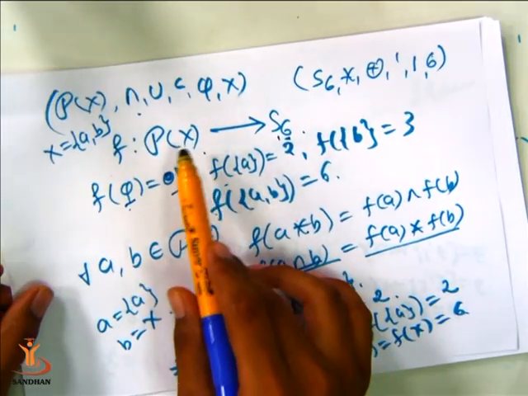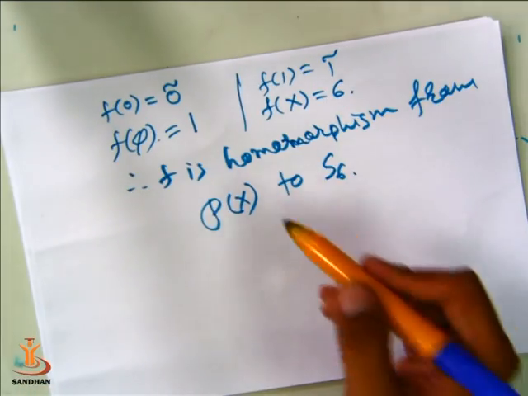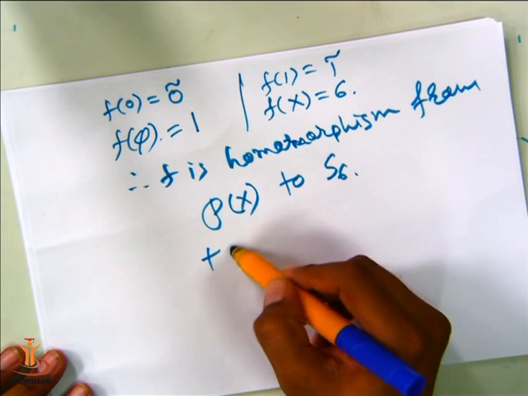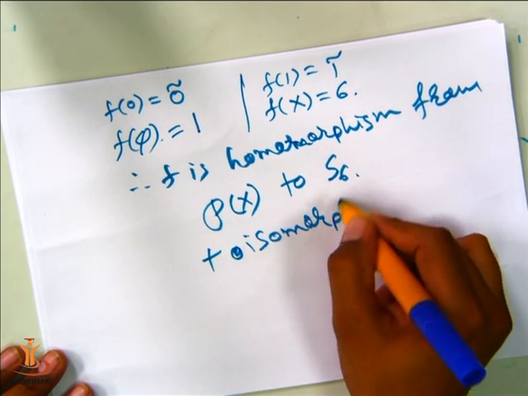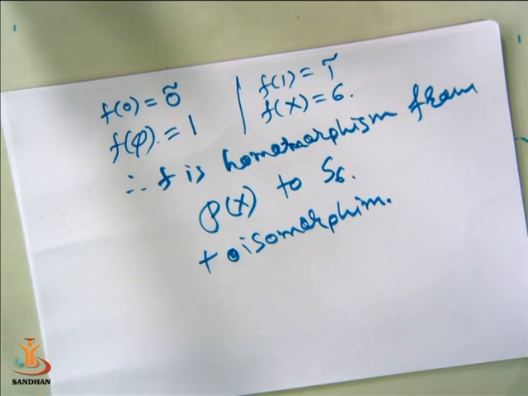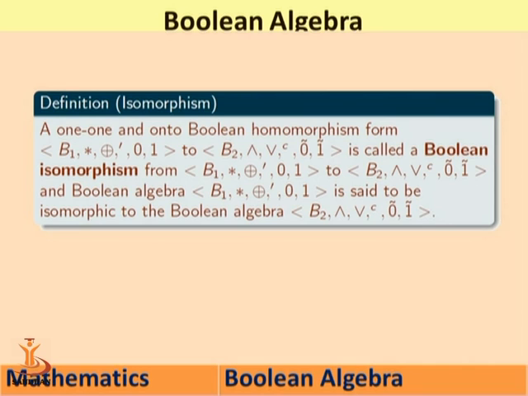So this function f is a homomorphism plus isomorphism, right? Now from the definition of isomorphism, we can say that every isomorphism is a homomorphism, but